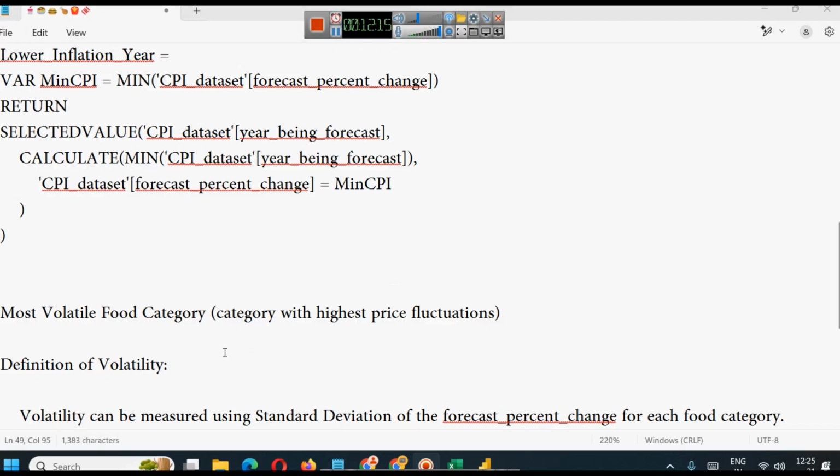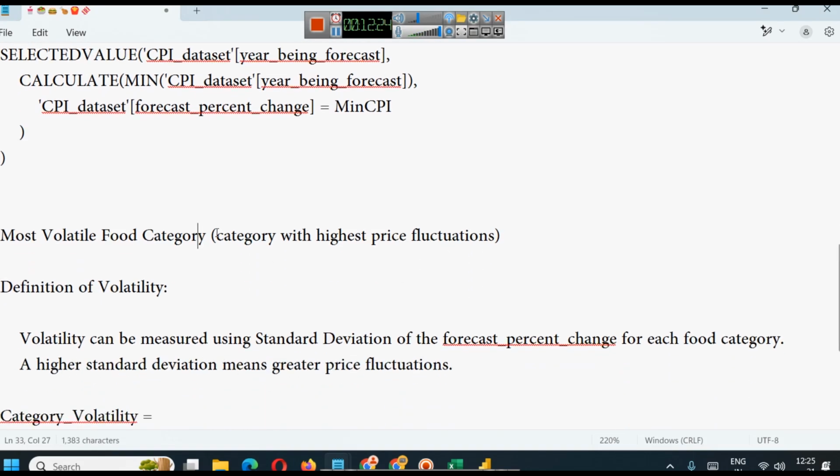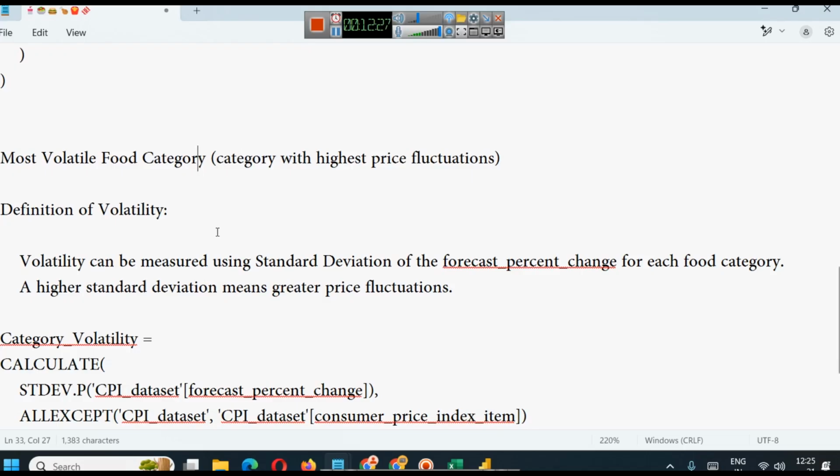Now the next KPI that we have to find is most volatile food category. It is category with highest price fluctuations. Before that, we will understand definition of volatility. So volatility can be measured using a standard deviation of the forecast percentage change for each food category. A higher standard deviation means greater price fluctuations, because when prices are changing, right? So in a category where forecast percentage will be fluctuating higher,